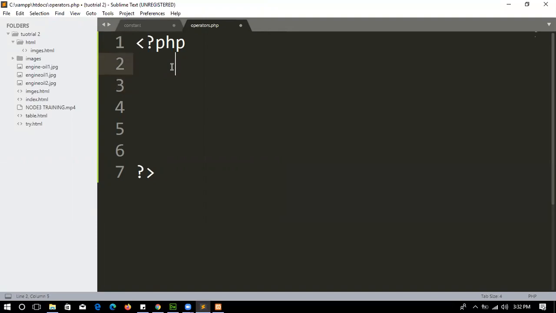Let me try to explain something. For example, let me create a variable a. Let me give it 10, and I'll create another variable b and give it, let's say, 20, like this. So if I try to use the logical operator and, I can say if